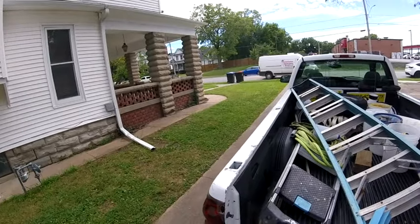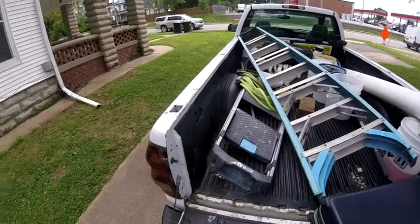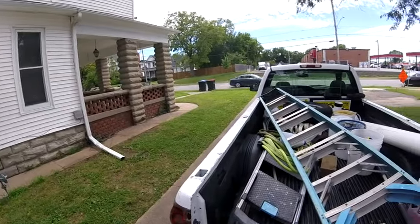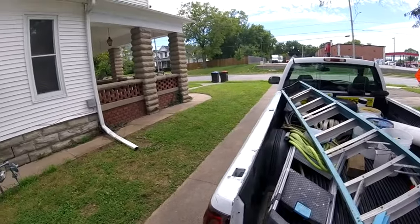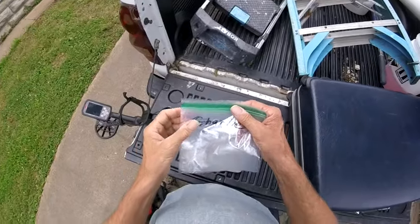Also, he mentioned that they would love to learn how to metal detect. So they bought a different house here in town, an old farmhouse, and so I said, I'll teach your boys how to detect over there, and meanwhile I'm going to detect this yard here. And to make it interesting, I'm going to